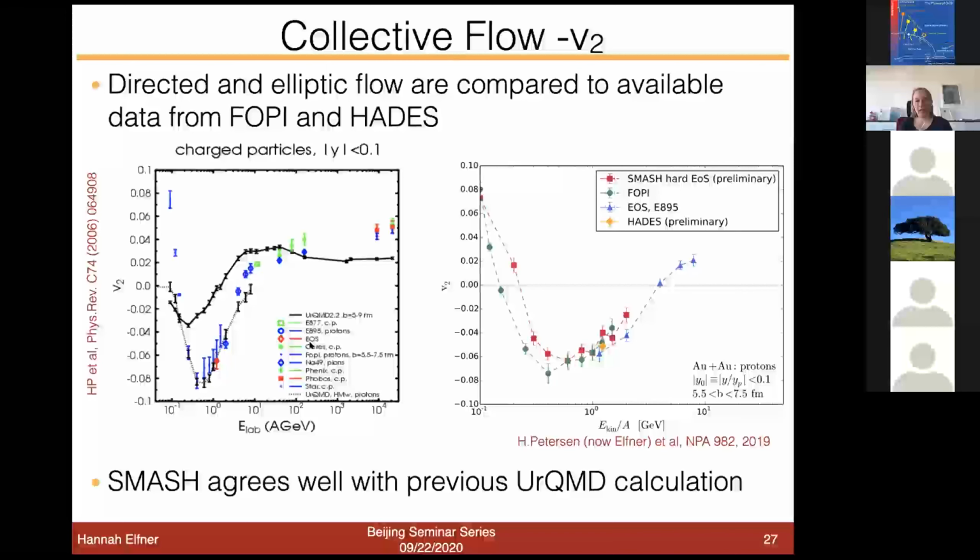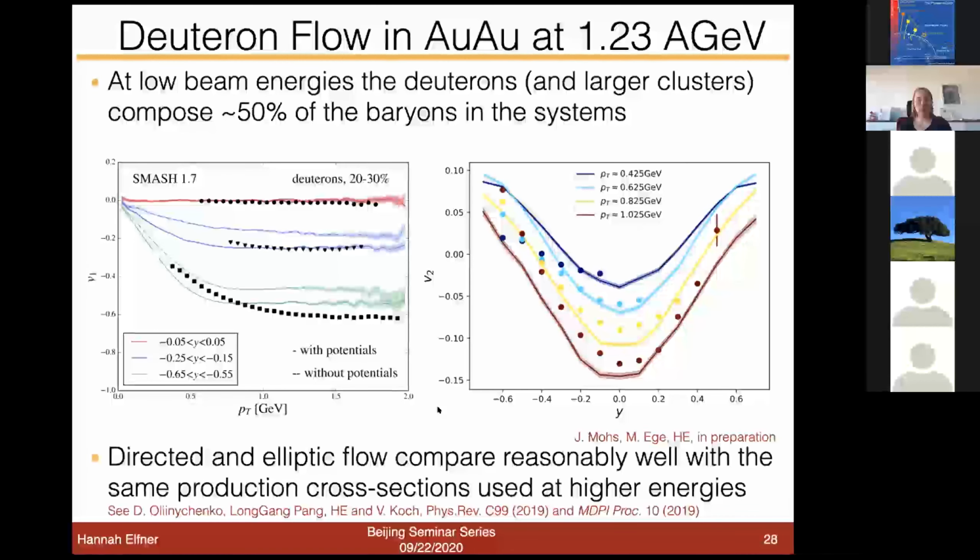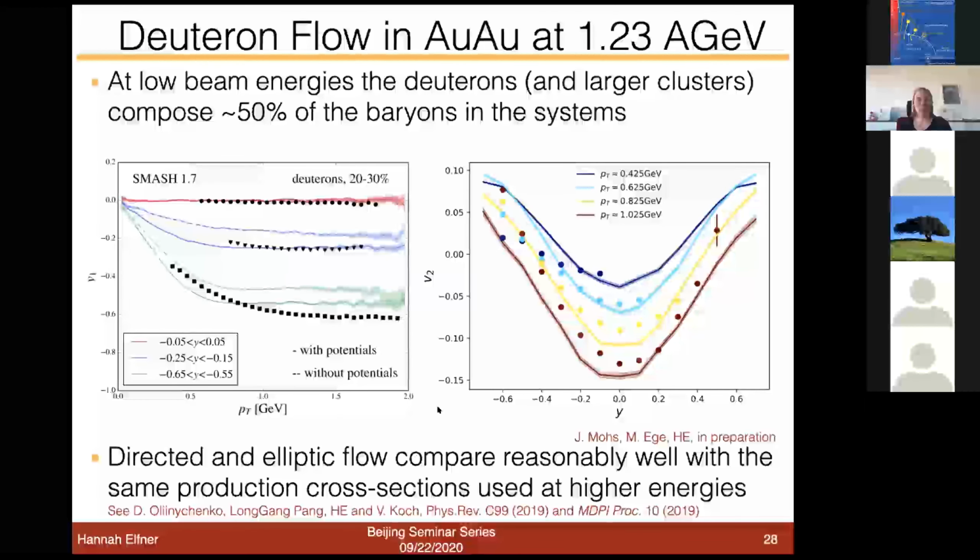And in essence, what we have done here on the right-hand side, this is the SMASH result. The red line is also employing a similarly hard equation of state to the UrQMD result over there. And the same data points just displayed a little differently. And one can see that at these low energies, this hard equation of state gives a good description for the V2 excitation function.